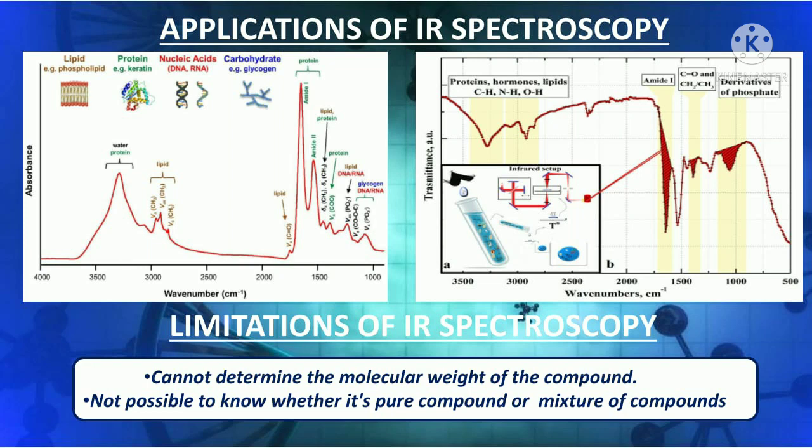Have you noticed one thing, that in IR spectroscopy, first there is IR radiation, then the sample, and at last the monochromator? Unlike UV spectroscopy, where the monochromator was before the sample and radiation cell. Like everything, even IR spectroscopy has limitations: it cannot be used to determine the purity of the compound, and you cannot analyze a mixture of compounds. It also cannot determine the molecular weight. The reaction can be studied, but gas samples cannot be analyzed as they lack sensitivity.